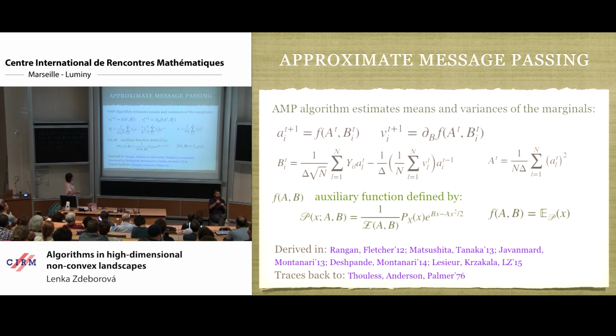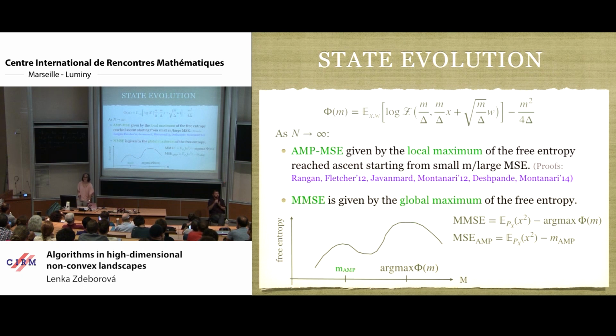So it goes back again to some works in physics, the Thouless-Anderson-Palmer TAP equations that some of you surely know. And there has been a recent line of work on these algorithms. This is just a small selection of related papers. What's really magical about this algorithm is the following: despite it being an algorithm that runs in high-dimensional space, where the dimension is the number of parameters n, and it's a complicated iterative process where correlations are created pretty much all over the place, we can trace rigorously the error that it makes at every given step.